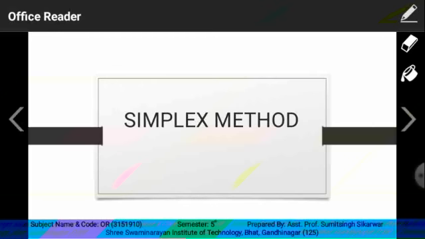In graphical method, the inequalities are assumed to be equations, and after that, this will enable us to draw the straight lines. But in case of simplex method, the inequalities are converted into equations by either adding a slack variable in maximization problem or subtracting a surplus variable in case of minimization problem.